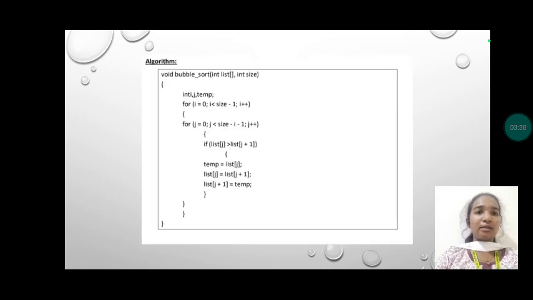Bubble sort. Now the algorithm for bubble sort. void bubble(int list[], int size) { int i, j, temp; for (i = 0; i < size - 1; i++) { for (j = 0; j < size - i - 1; j++) { if (list[j] > list[j+1]) { temp = list[j]; list[j] = list[j+1]; list[j+1] = temp; } } } }